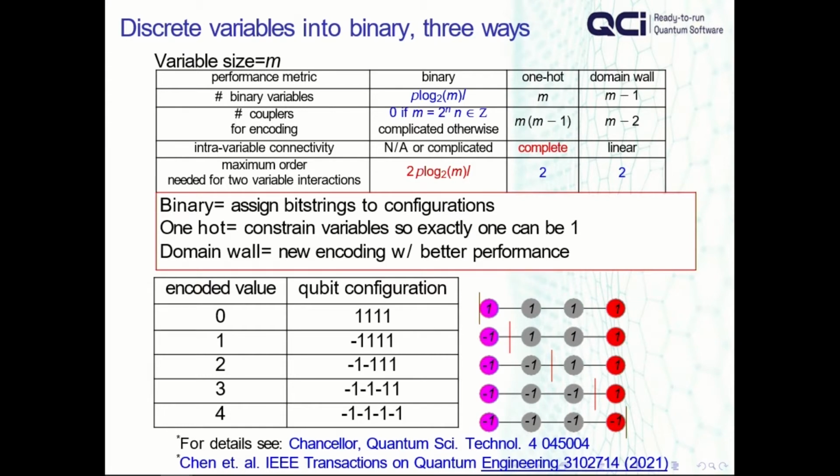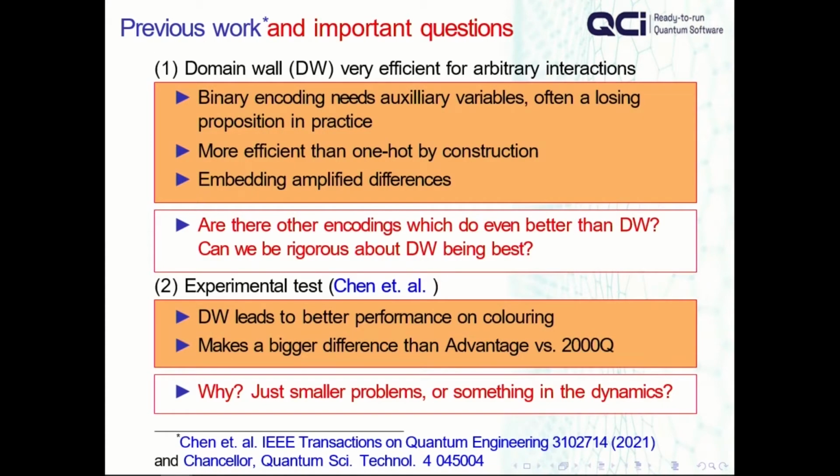And the method here, which I'm not going to go through all the details of, is called domain wall. You encode it as a sort of break in a chain. If you want the details of how the actual encoding works, there's all kinds of great stuff on here. There's actually a blog I wrote for QCI not too long ago on this. It explains it in less technical terms, but those are the papers to look at. And also one that just shows how it works on a problem.